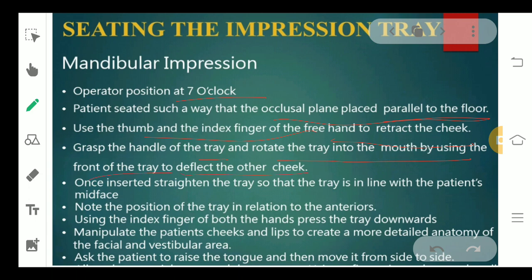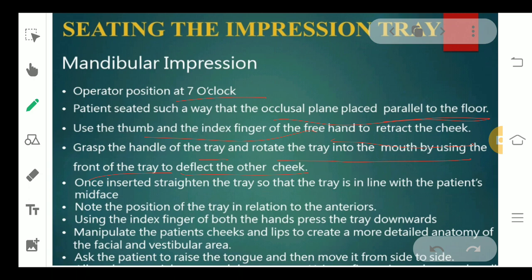What you have to do in case of the mandibular impression is try to imagine what I am speaking. For example, the patient is sitting in front of you and you have a tray in your hand. Now in this case, your tray will be upside down. So what you have to do is take the impression tray and put it on one side of your lip, from one side of the buccal mucosa, and as soon as you reach inside the patient's mouth, just straighten your tray, which is being tilted as you are entering the patient's mouth.